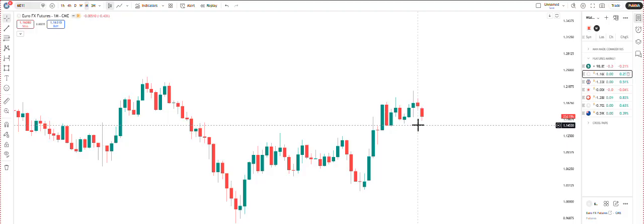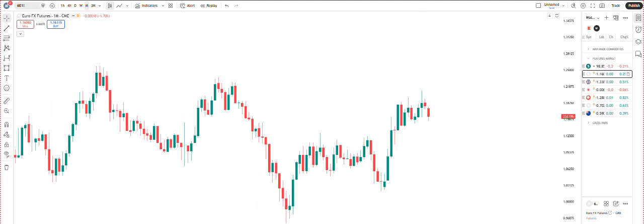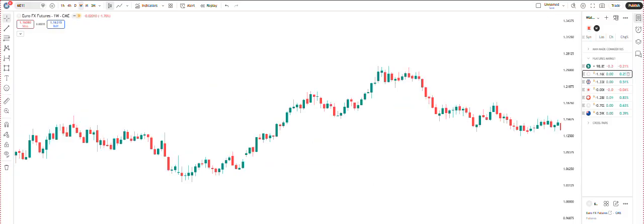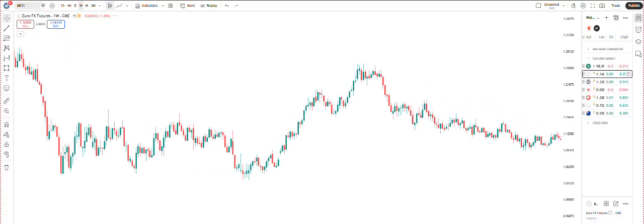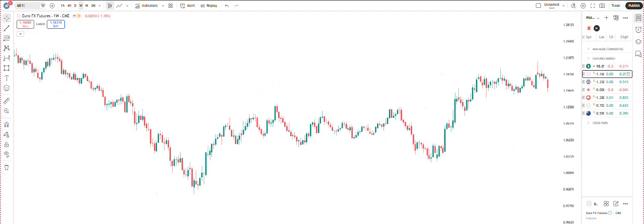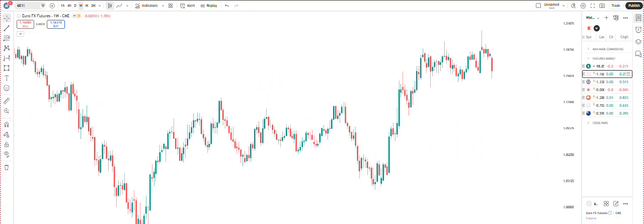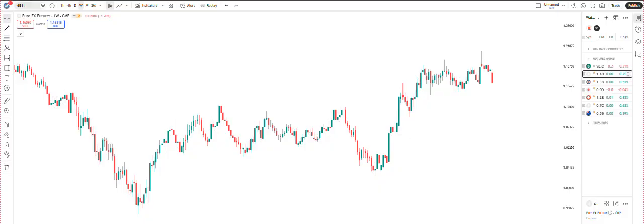So now we've noticed that the market has been ranging, so we just have to map out our zones, the supply zone, the demand zones, so that we know how and where to step into the market in order to get something out of the market. So looking at the chart